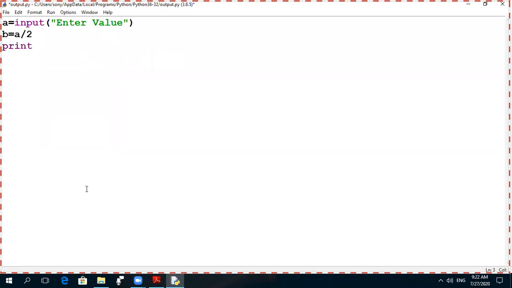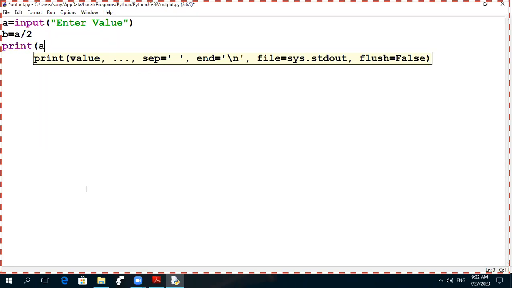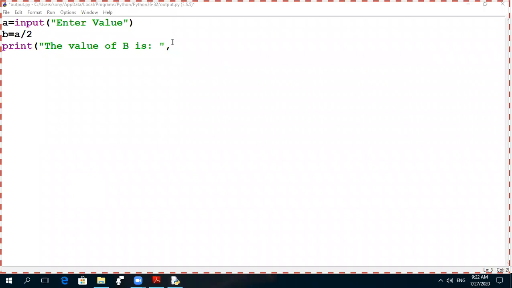Then print A, print the value of B. The value of B is B. Now close this, save this program, execute.